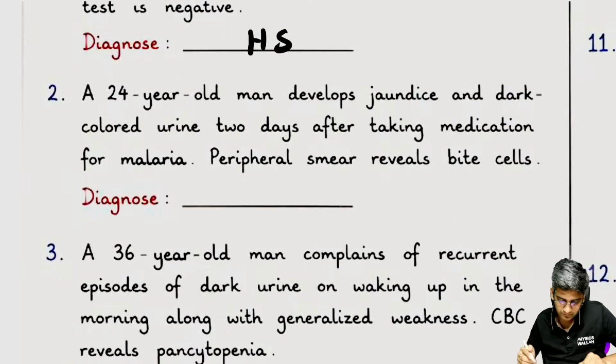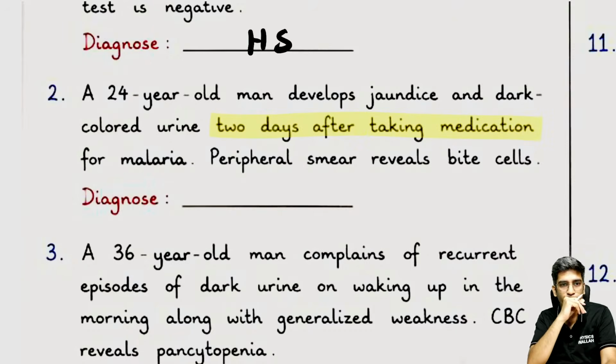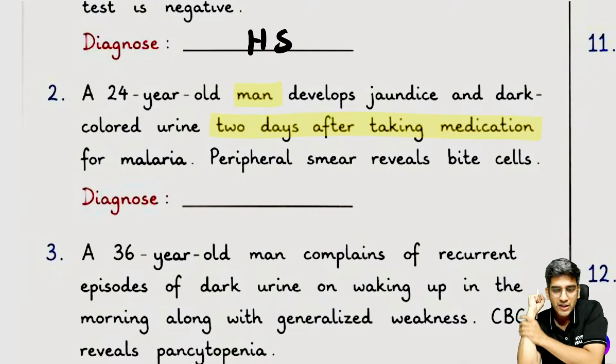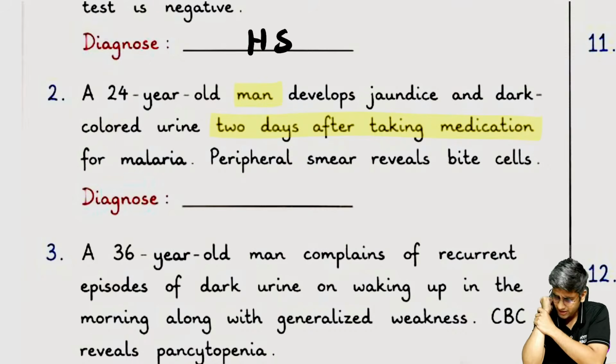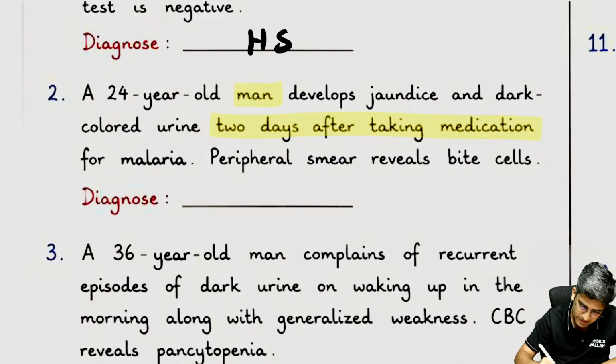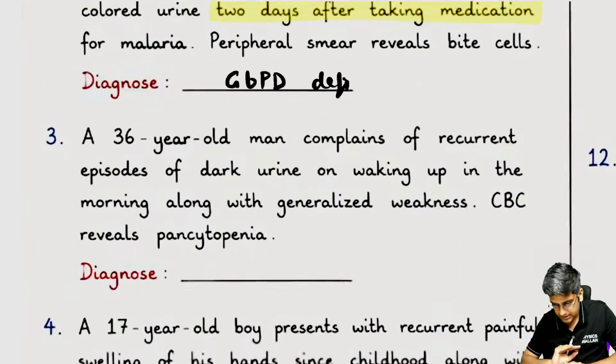Next question. Again, I'll highlight the important keywords. Not a great history, but gender also helps here. Only 5 of you are going to write the exam. Of the 20 plus people who are watching, come on, everyone should answer this. What's the right answer? Whoever makes a mistake here, trust me, you will not make a mistake in the real exam. Great. That's a classical case of G6PD deficiency. Super, right? Next.